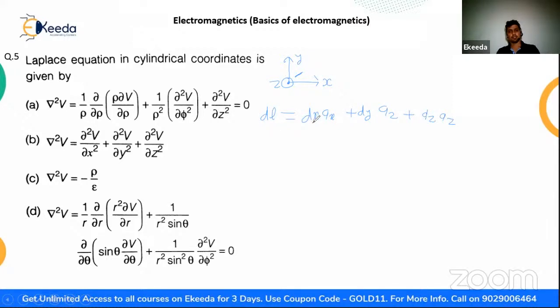Okay, dx is the incremental distance or length in the direction of x. Okay, dy is the incremental length or distance in y, and similarly dz, this is coming out of the plane. Just like this, coming out of the plane. So dz. Similarly, this elemental length in the cylindrical coordinate system is given by,